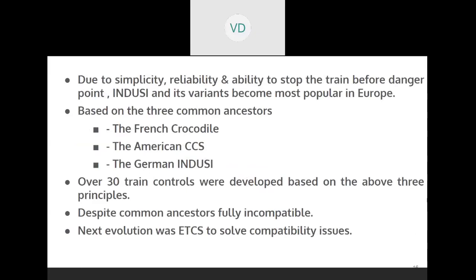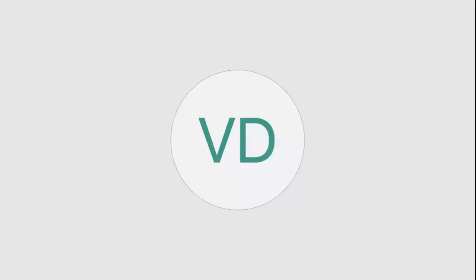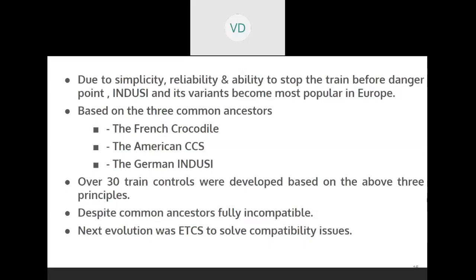Indusi and its variants became very popular in Europe. I think some of them are still working in some of the small lines where ETCS is not there. Based on the three common ancestors, that is the French crocodile, the American CCS, and the German Indusi, there are more than 30 train controls which are proprietary to the developer, in the European continent mainly, and of course some in the American